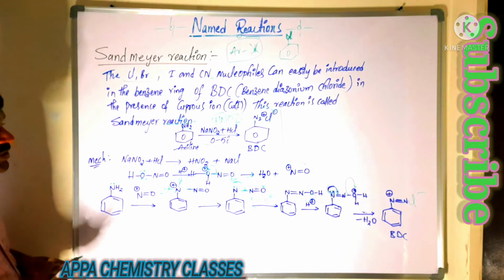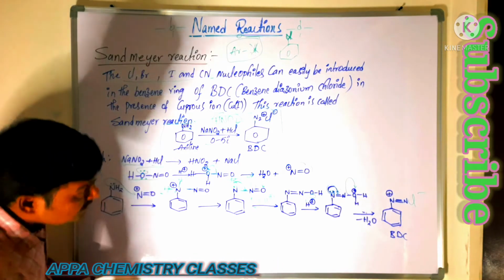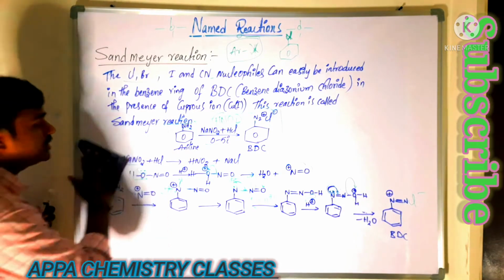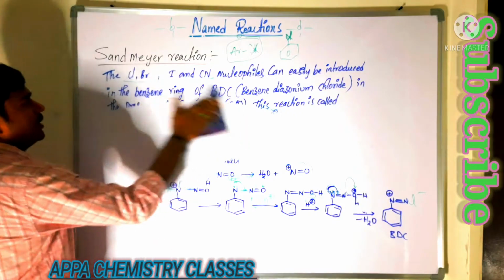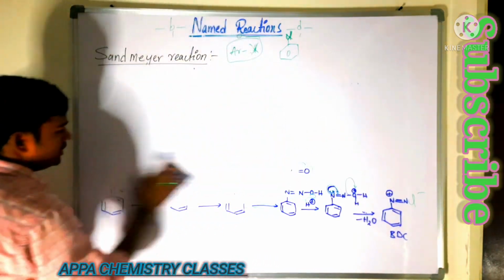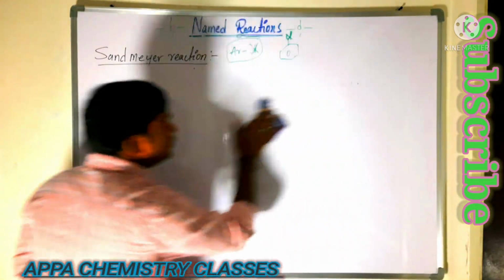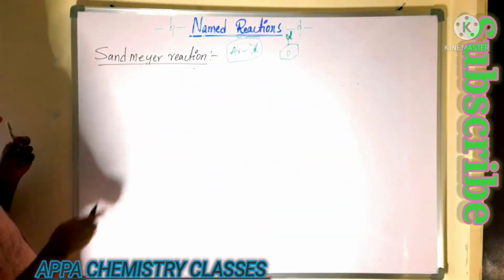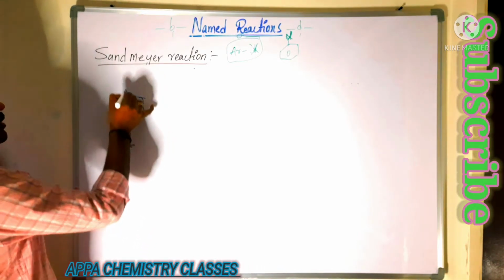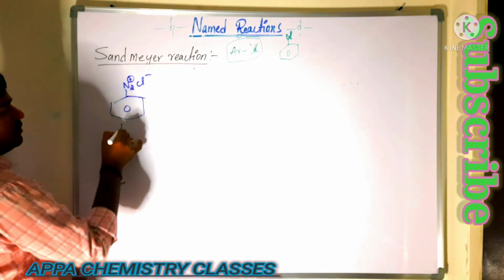On this benzene diazonium chloride, what happens? The substitution of those nucleophiles takes place in the presence of cuprous ion. How does it take place? We will see the Sandmeyer reaction. Now we had seen just the mechanism, how we are getting this diazotization, benzene diazonium chloride. Now we are going to see the Sandmeyer reaction here. This is benzene diazonium chloride, N2 plus Cl minus, BDC.